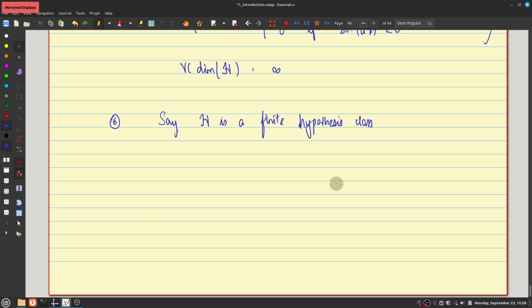That's exactly what I'm coming to. That's the example we have. Okay, so suppose that H is a finite hypothesis class. What is its VC dimension? Equal to the size of the hypothesis class? No. It's an extremely loose upper bound. There's a much better bound in terms of the size of H.